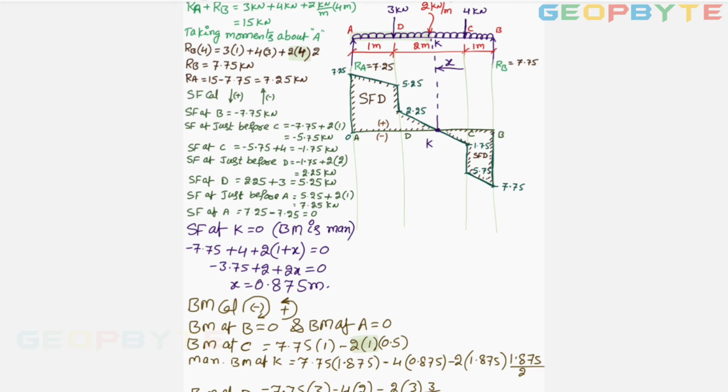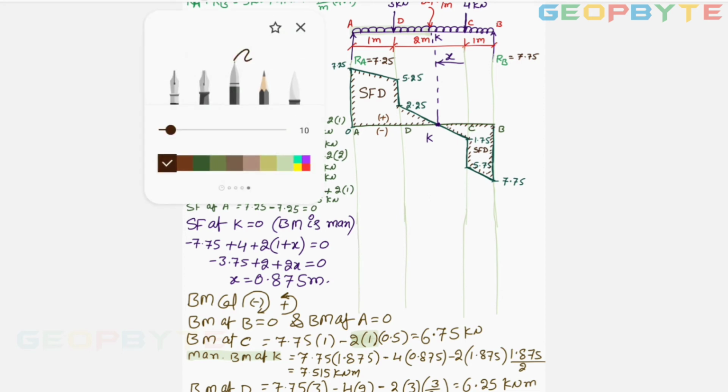You simplify this value for constructing the bending moment diagram. Let us simplify. Look at the values. I got BM at C equal 6.75 kilonewton meter, maximum bending moment is found at K, 7.515 kilonewton meter, and bending moment at D is 6.25 kilonewton meter. With this information, let me project the